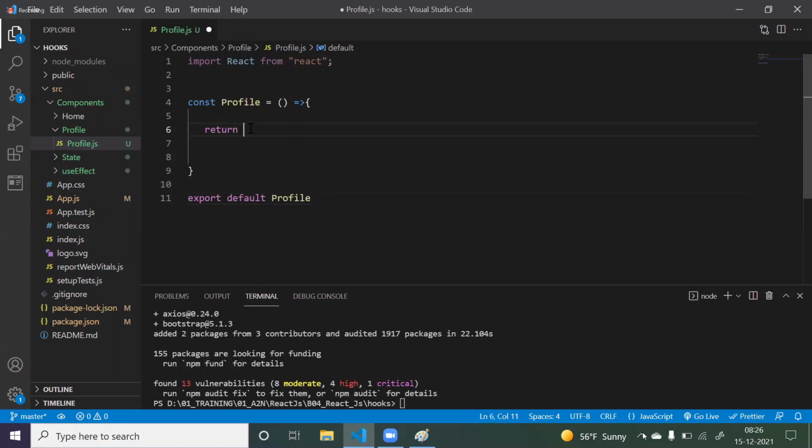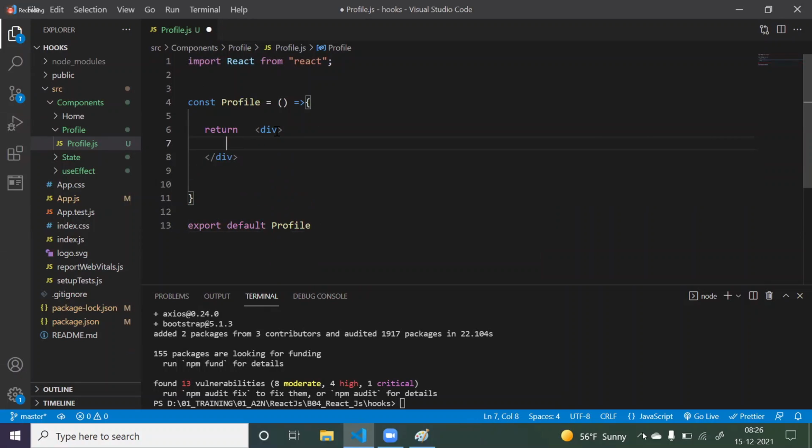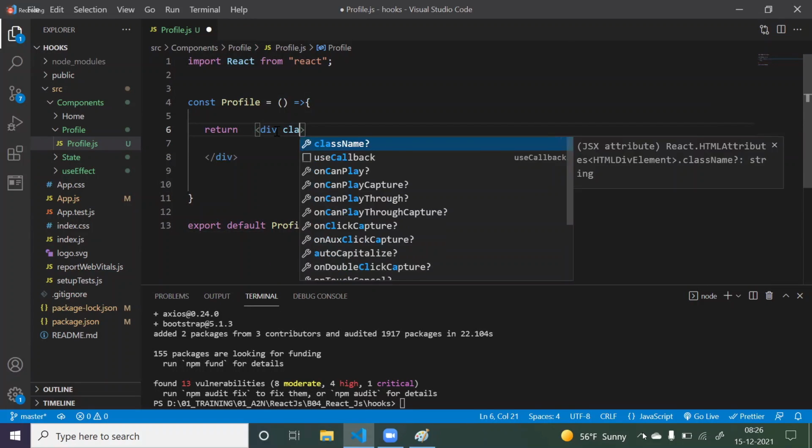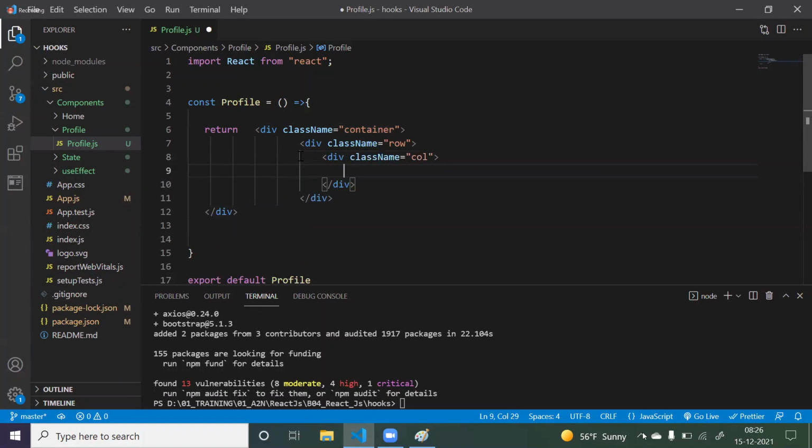Now here we have to create the UI. I want to create one div, and this div should have one container for the grid system. Then one row. In this row, I want one column. In this column, I want one card.